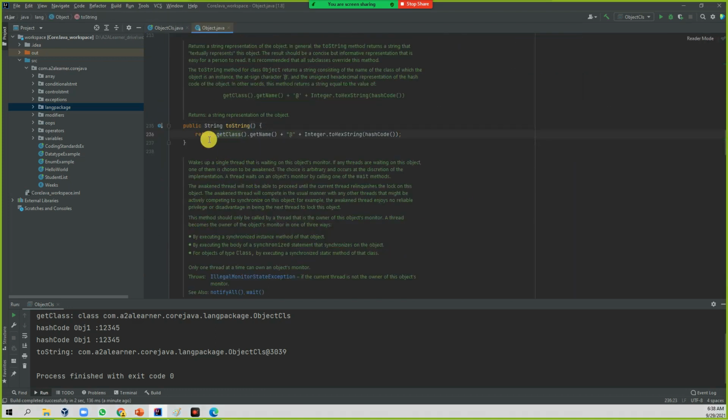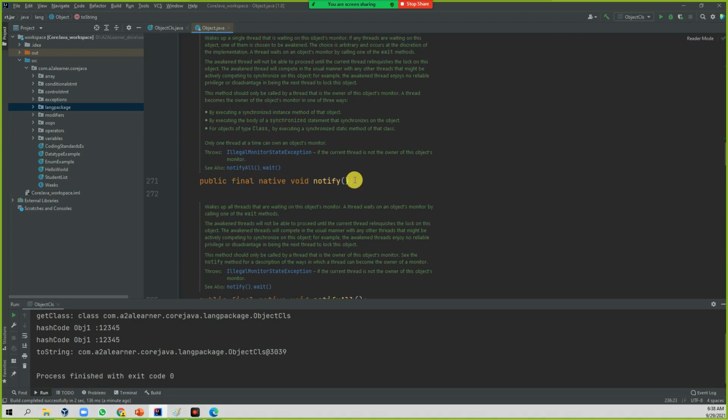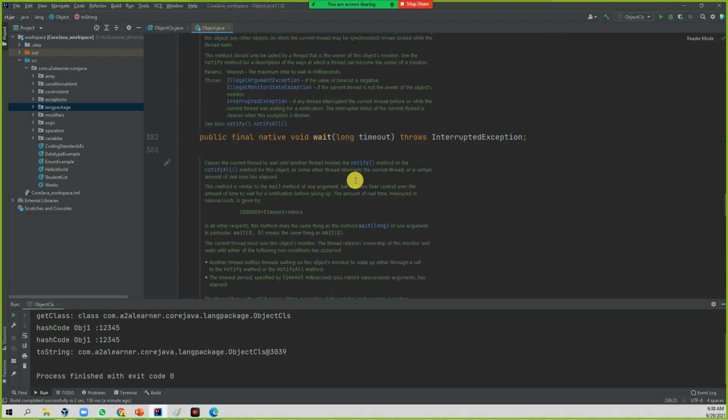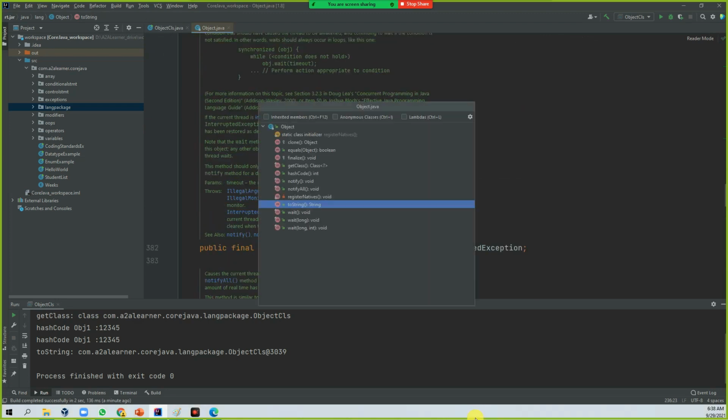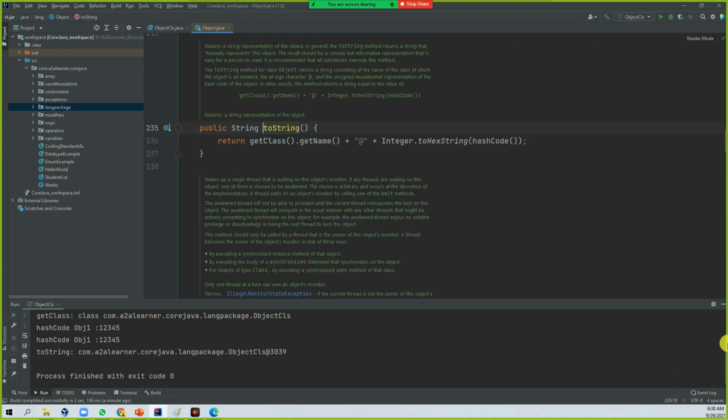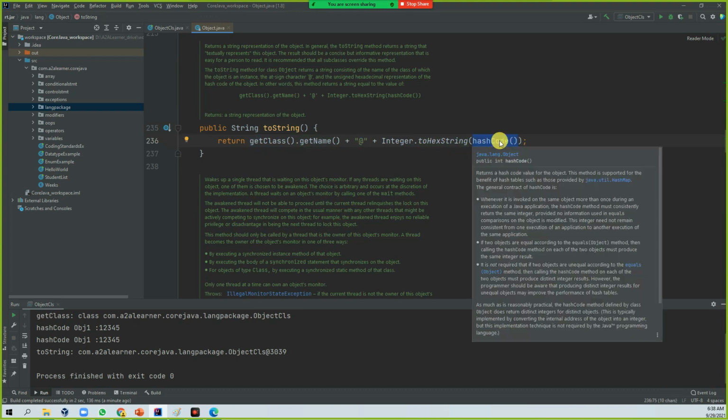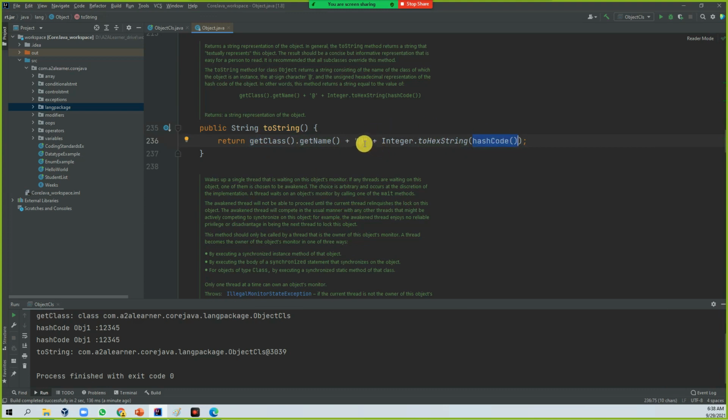So the Object class is what provides the toString method. Once again, internally it gives getClass, that means the class name, followed by the at symbol, then the hash code. This hash code is generated and appended after the at symbol and the class name. This is what you get by default when you use toString, and this value comes from the Object class.